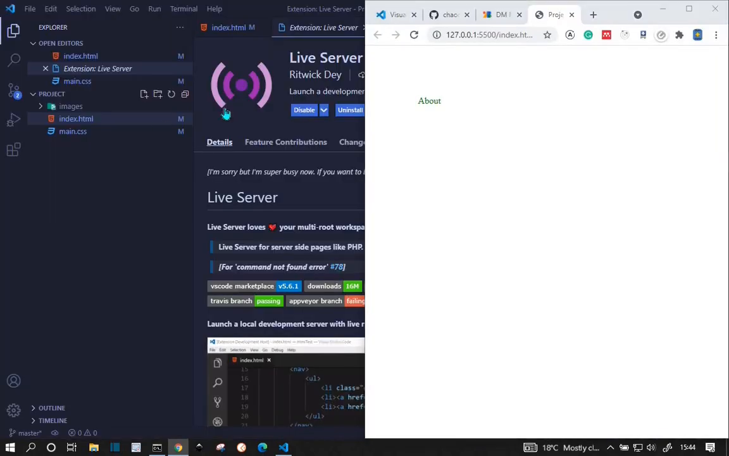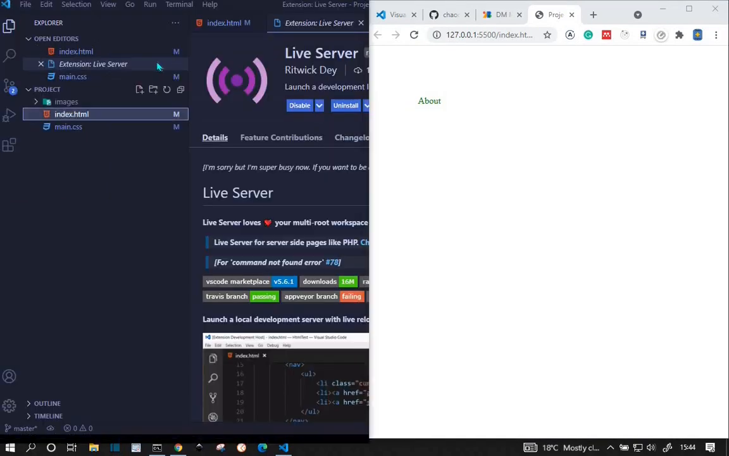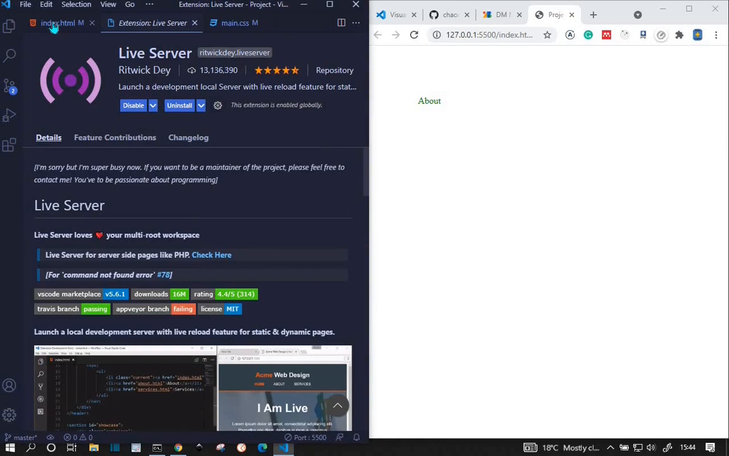So here it is, it's opening now. And the cool thing with the live server is that whenever you make a change on your files and save, you'll see them happen on the browser without refreshing the browser. So if I place this side by side with my code editor here and then come to the HTML file here,